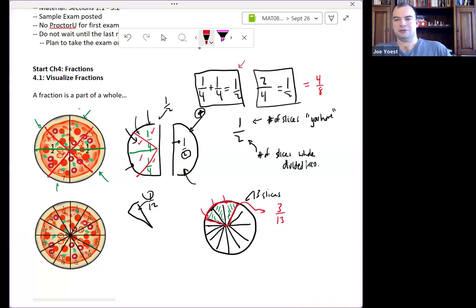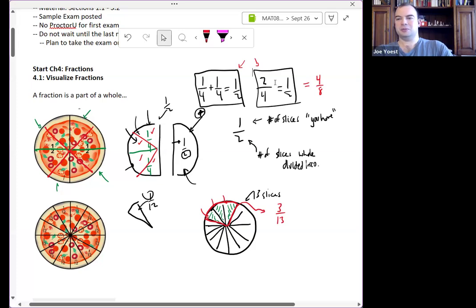So this is all stuff that we haven't gotten to yet as far as the math goes, but my point is that by thinking of this model like pizza or parts of a whole, if we always think back to this to kind of reasonability check what we're about to do, I think that's a very useful thing to do. So when we start talking about adding fractions or multiplying fractions or making equivalent fractions, this is what we're going to think about: we're maybe changing the way that we are slicing up the pizza, or maybe we're accumulating more slices of pizza or losing slices of pizza, something like that.